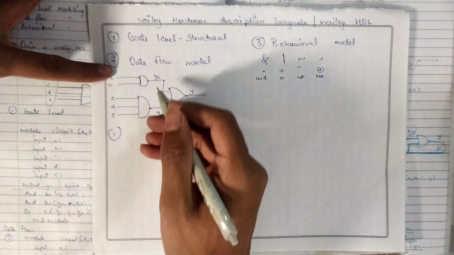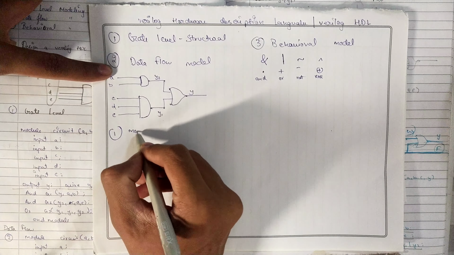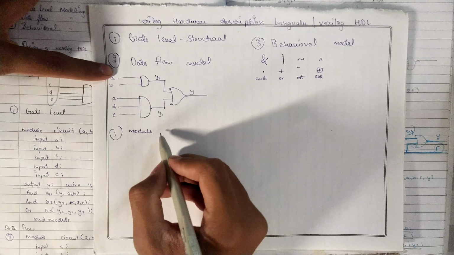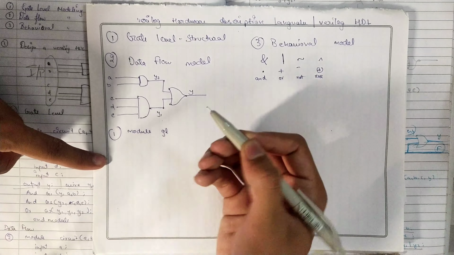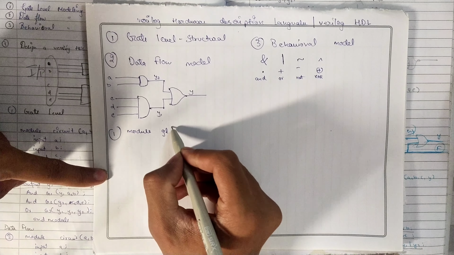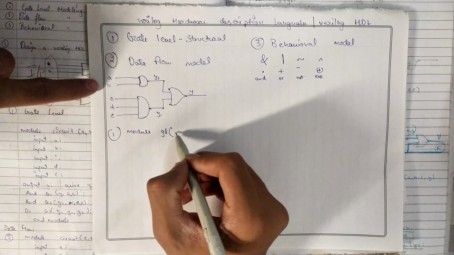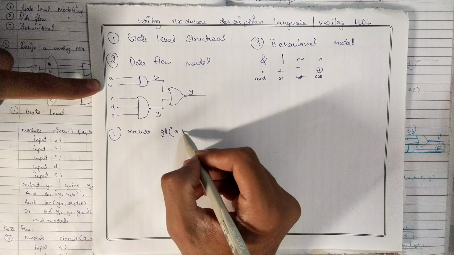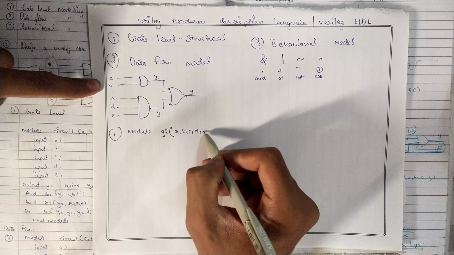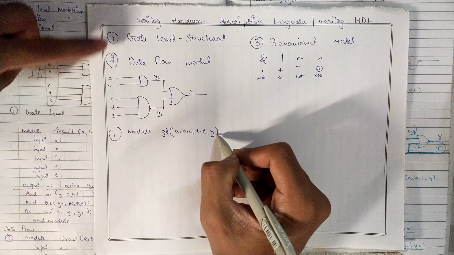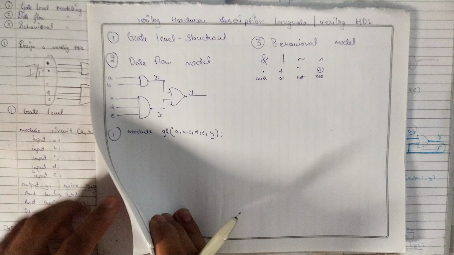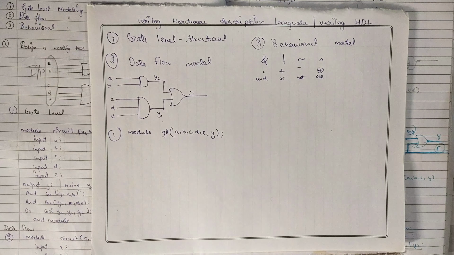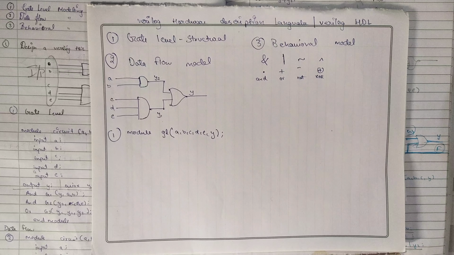So, as you can see, for data flow, first for everything you have to write module, and then followed by that you can give any name you like. So, I will give GL, gate level, and in the bracket you have to write all your inputs and your output: A, B, C, D, E and Y. Here we will not be writing Y1 and Y2. Why? Because it is neither our input nor output, it is just a wire which is being provided in between